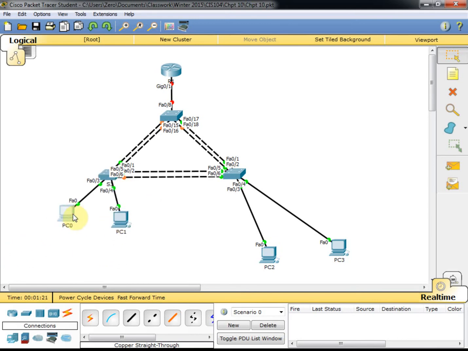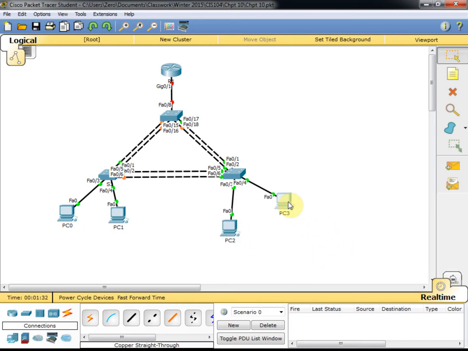And then we have the PCs. The first PC is going to port 3. The second PC here is going to port 4. On this switch, our first PC is going to port 3, and our second is going to port 4. Alright, so once you get that cabled,